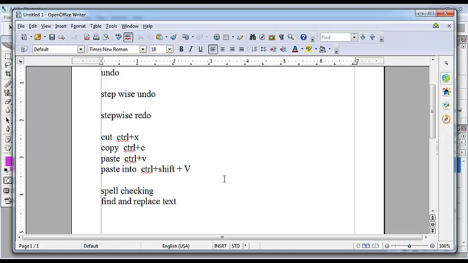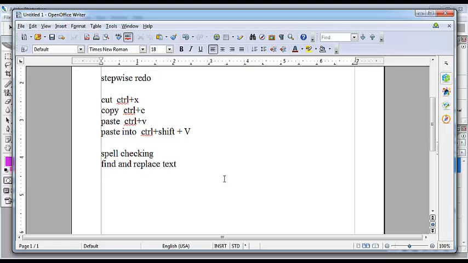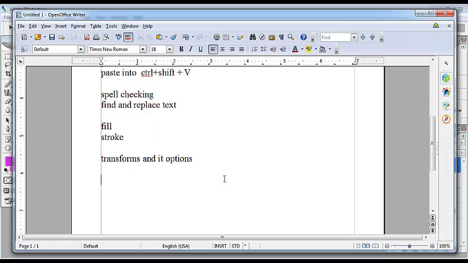Find and replace text, fill and stroke, transform and options. Now what I am going to discuss,